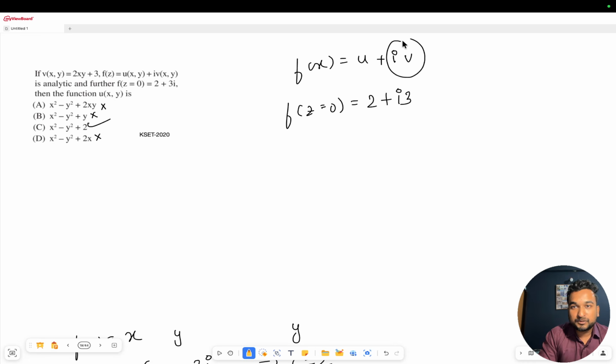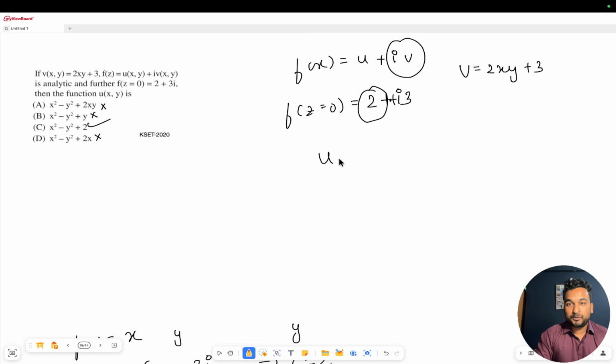This part will be equal to 3i, because v is equal to what? 2xy plus 3, and v will be 3i when xy equals 0. So 3i you will get. You have to get this term as 2